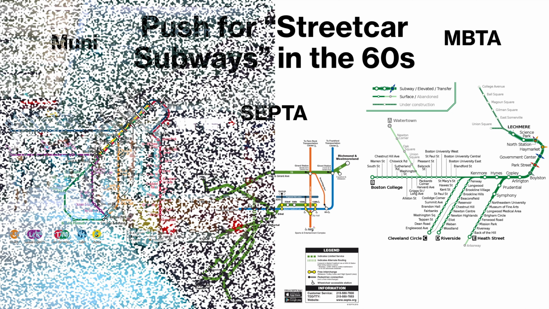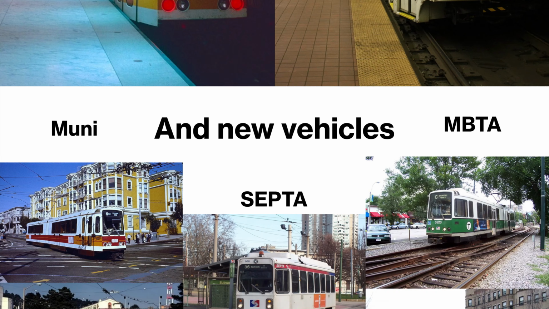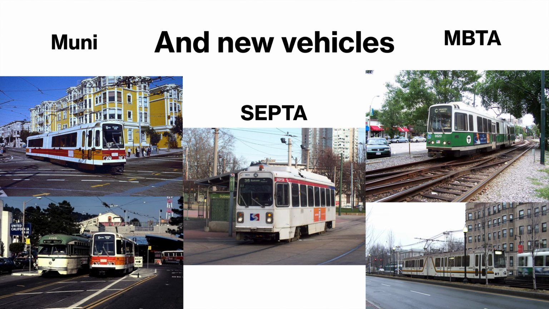And some of them did have nice modernish subway-style stations. Others were more gutters through which the streetcars could ooze between picking up people. Also during this time, if you're putting money into new infrastructure for the streetcar routes, you may as well buy new streetcars as well. And so SEPTA bought these really interesting toasters from Kawasaki in the 1980s,